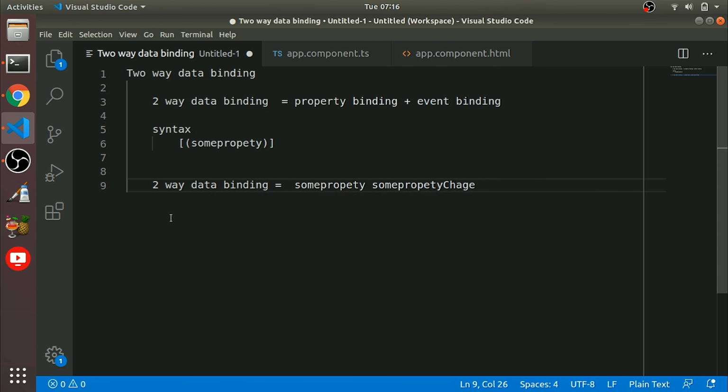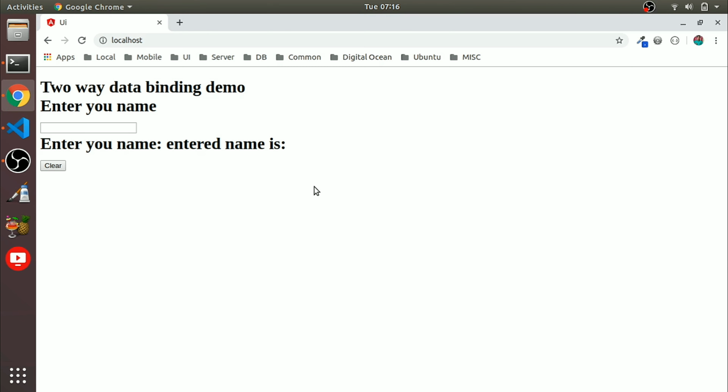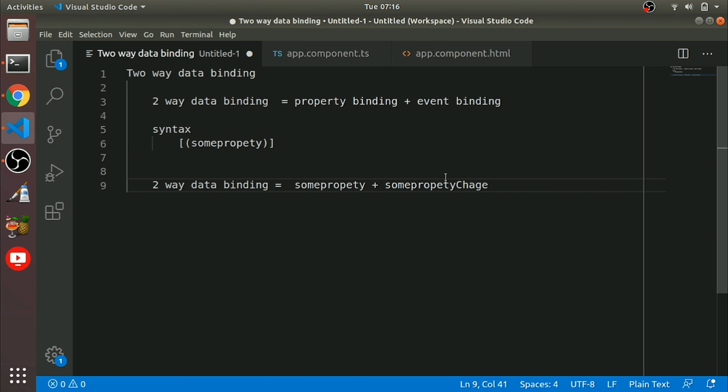So if we want to make any property like this simple, the format will be this. If that element has some property and an event like this some property change, then we can put it into two-way binding. But most elements don't have this. Elements have a value property, but they do not have a value change event. That means we can see like here we had a value property.